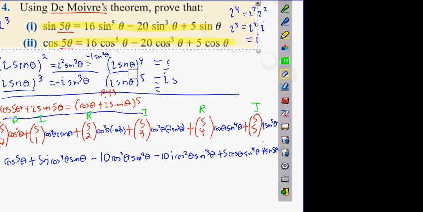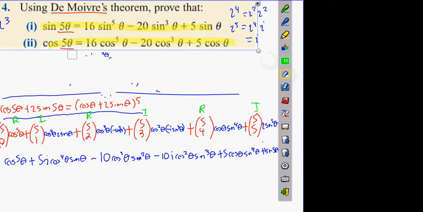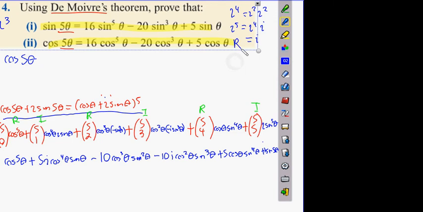Okay guys, so we're going to do it at the top of the board, free up space. A real equation is always the cos, and the imaginary equation is always the sine, always. Now, real equals cos 5 theta, and then minus 10 cos cubed theta sine squared theta, then plus 5 cos theta